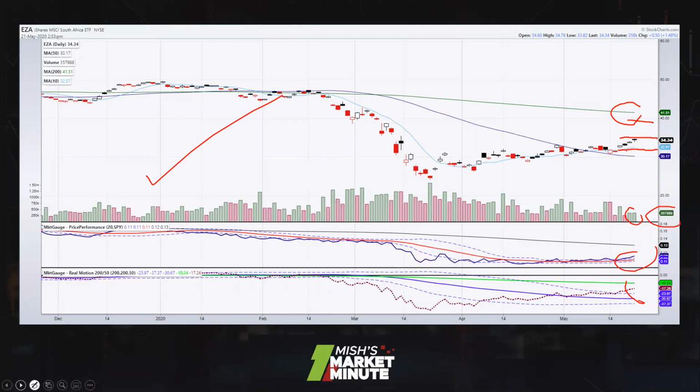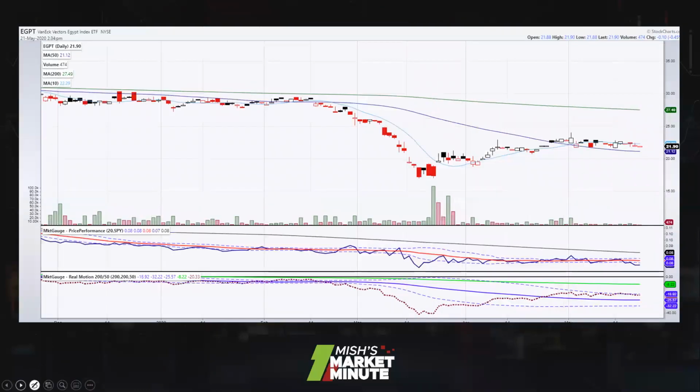Okay, and this is the last one we're going to cover here. We're going to end with Egypt because I thought it was an interesting chart, because if things actually deteriorate in